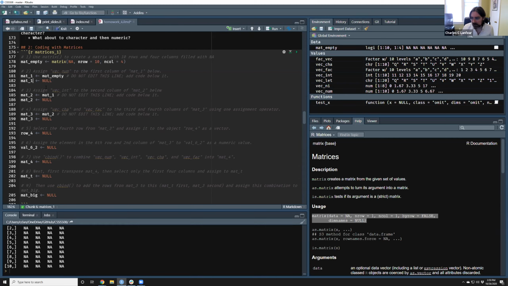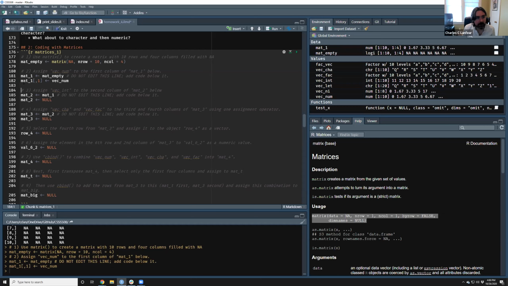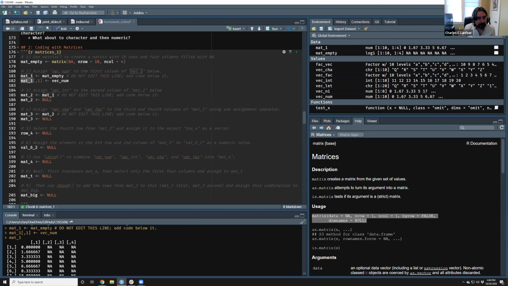So what she says here is we're going to say mat1, subset it to mat1's first column, and then we're going to assign to that vec_num.